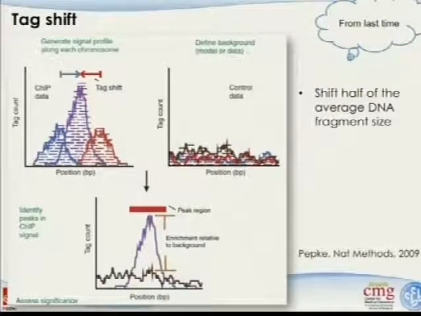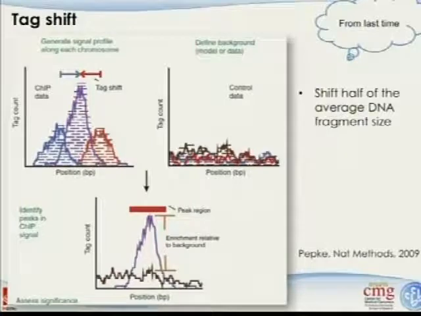We have later slides on how to identify the DNA fragment size. But once you have the DNA fragment size, you just shift your signals inward by about half of that size, and then you will see this nice converged peak that tells you almost exactly where the